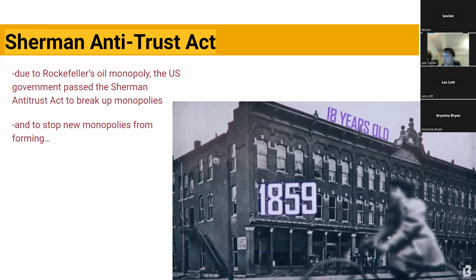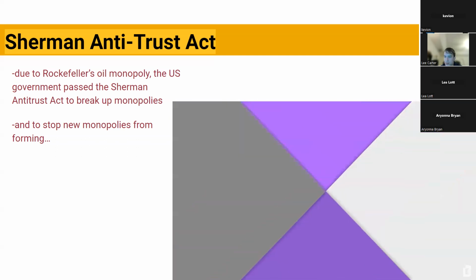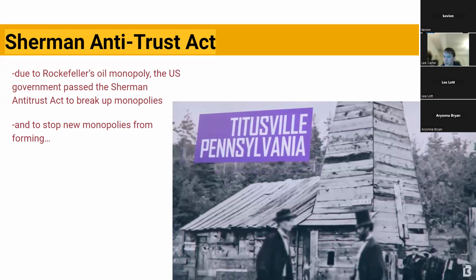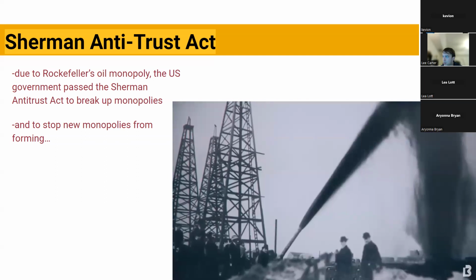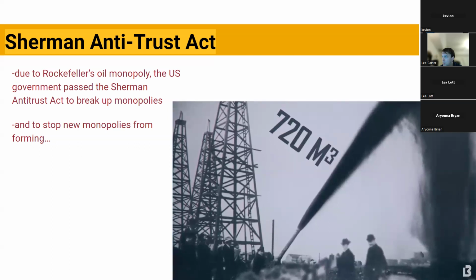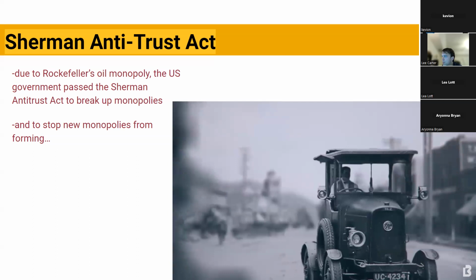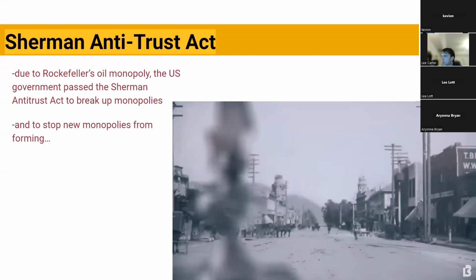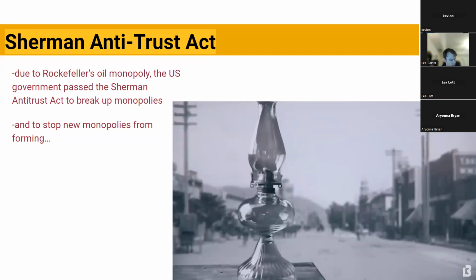But then in 1859, something happened that would change his life forever. Just 100 miles east of Cleveland, the first American oil well had been discovered. This marked the beginning of the Pennsylvania oil rush, and within a year, 4,500 barrels of oil would be produced. Now, back then oil wasn't quite as valuable as it is today. Gasoline cars hadn't been invented yet, but oil could still be processed into kerosene, which people would then use in lamps.